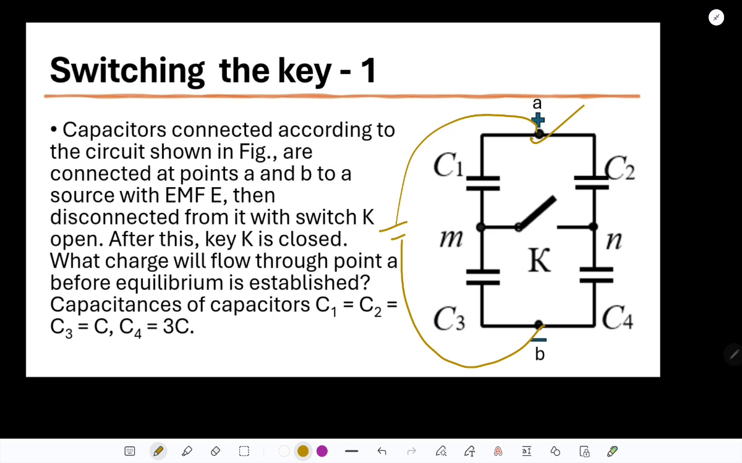Before equilibrium is established, C1, C2, C4 is equal to 3C, and the rest of them are C. This is the problem, you can see, and it is properly written. But the initial condition is that the EMF source is connected